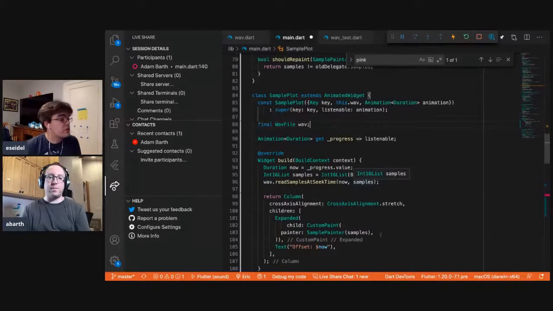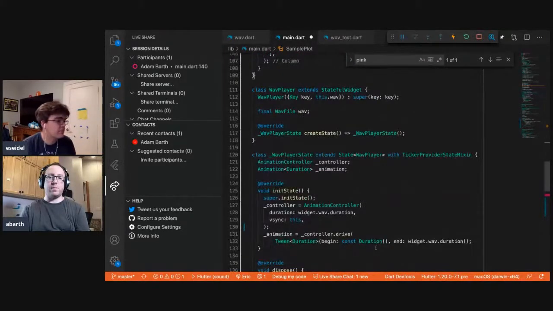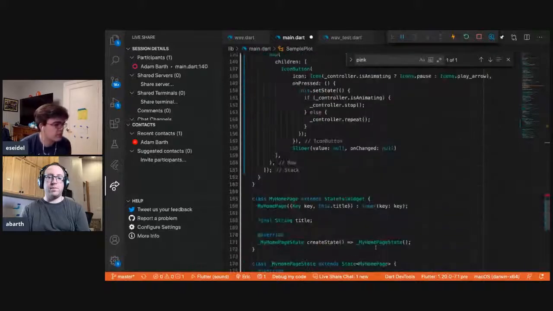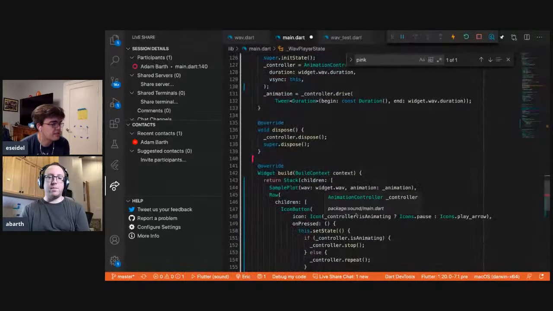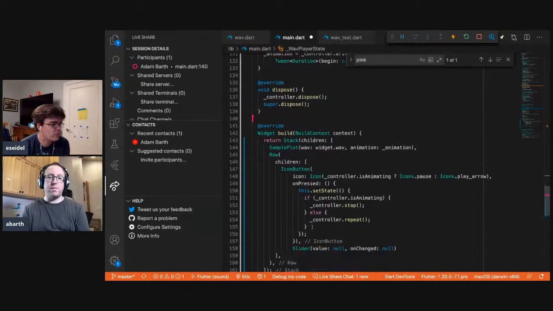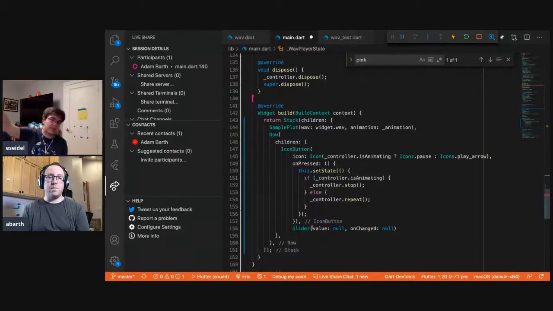Yeah, I guess it would just make sense to me. I think we probably debated this plenty long, but my initial reaction is that whatever this thing is, some high-level widget wants to be receiving the thing that is playing. Here is a play callback, and the thing that actually draws the plot doesn't need to know whether it's animating or not, or that it's an animated widget. It just is being told, "Hey, draw yourself with this set of samples, please."